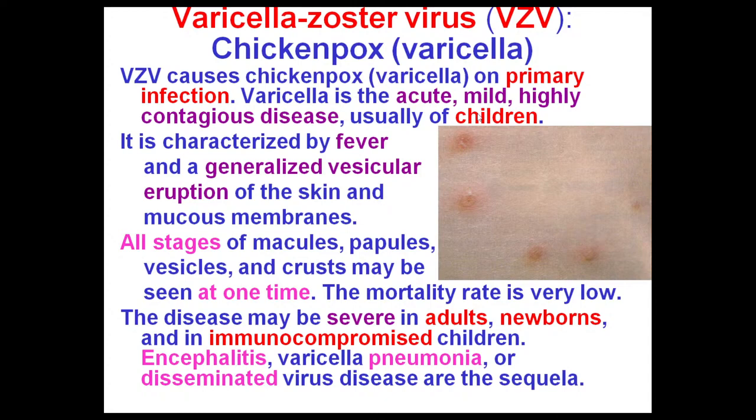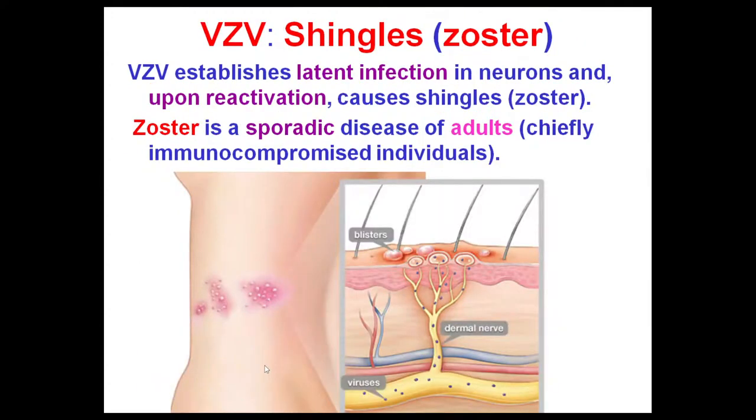The mortality rate is very low, while in immunocompromised children, this virus may cause quite severe complications like encephalitis, varicella pneumonia, or disseminated disease with very severe sequelae. Then what happens when we have the initial infection? The virus multiplies and travels to the neurons. And then when the latent infection is established in neurons, upon reactivation, the viruses from the